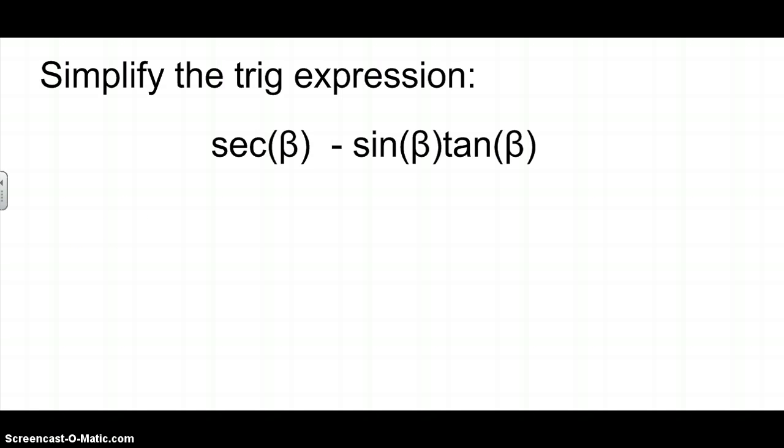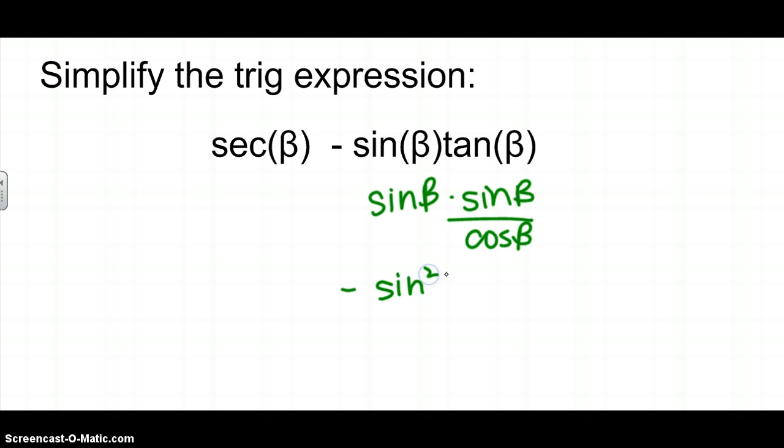Alright, this one, let's do together. We'll talk through it. So, secant of beta, I'm going to leave that one alone for right now because that's not too complex. I'm going to work with the sine and tangent that's happening. So this will be sine of beta times sine of beta over cosine of beta. So this whole thing is sine squared